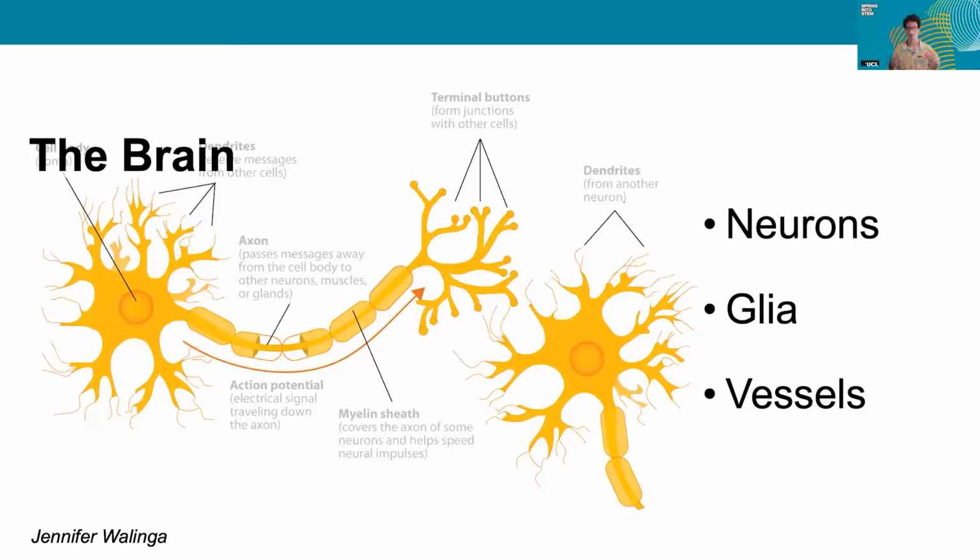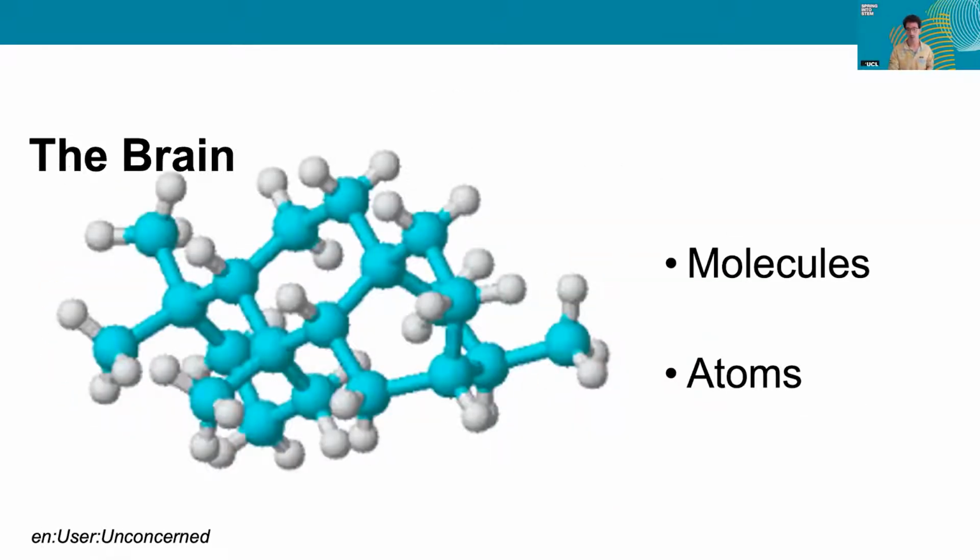And these cells can communicate, which obviously when first imaging them, people couldn't see, but people could figure out later down the line. And if you zoom in even further, you will see that these cells are made up of molecules, proteins, atoms. There's a lot of water in there, as there is in the rest of the body.